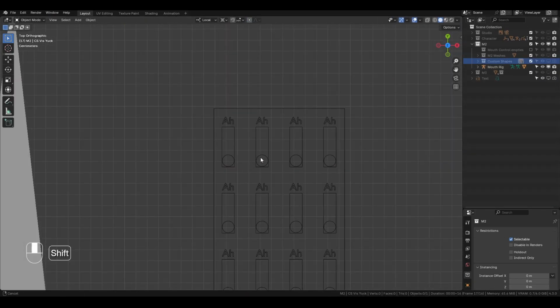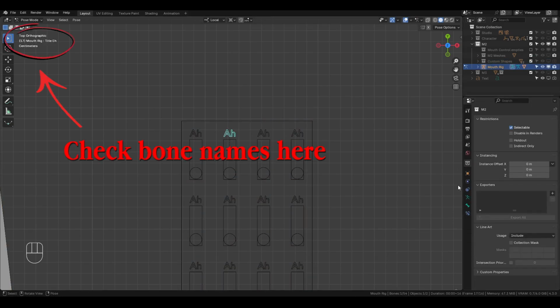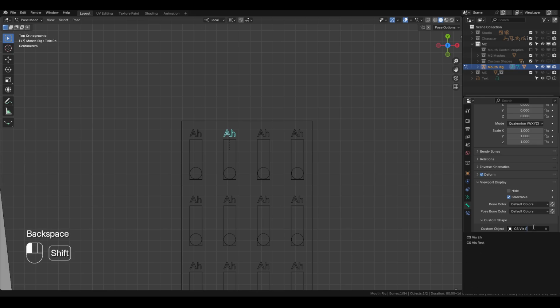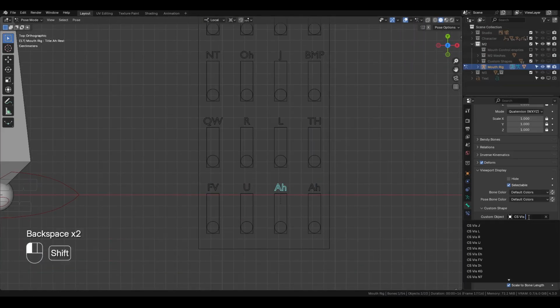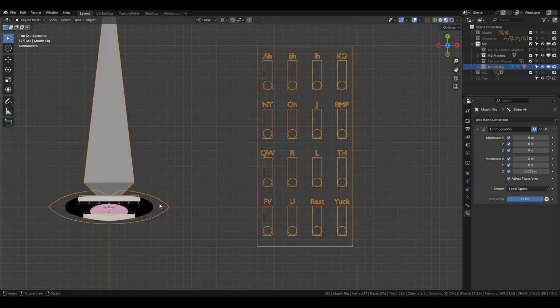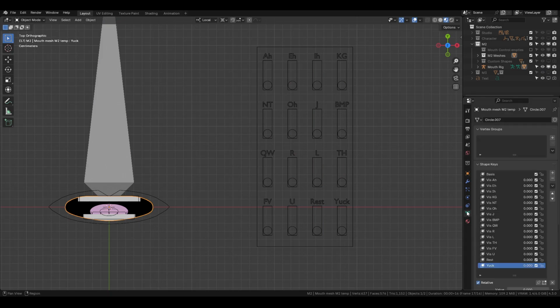Once you've made all of your title custom shapes, get back to the mouth rig and assign the custom shapes to the bones. The transforms of the title should be the same because we duplicated the first bone. This is relatively easy, but because your bones might be different to mine, you'll have to do a bit of maths for yourself. First, select your mouth mesh, then find the first shape key you want to control with your